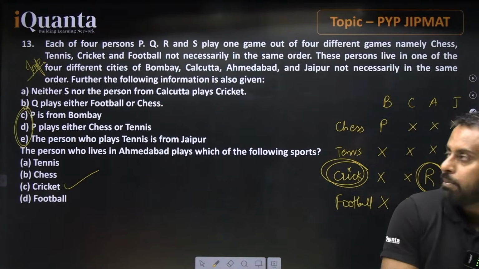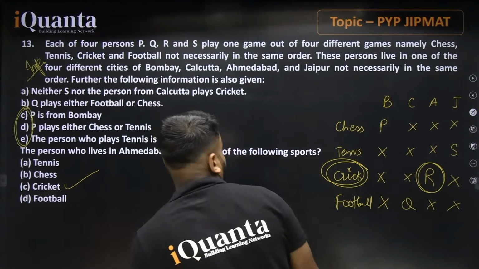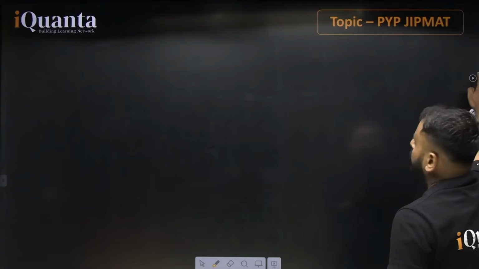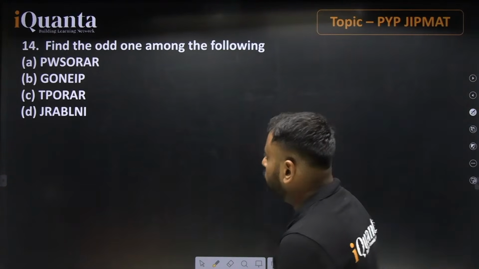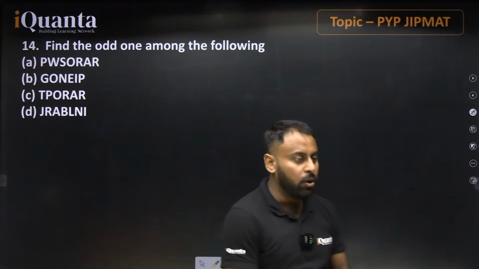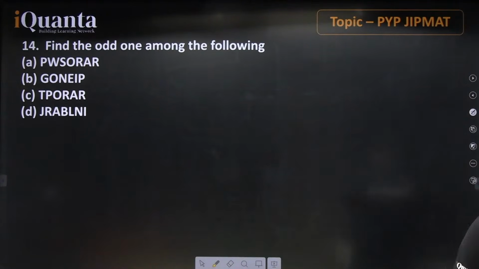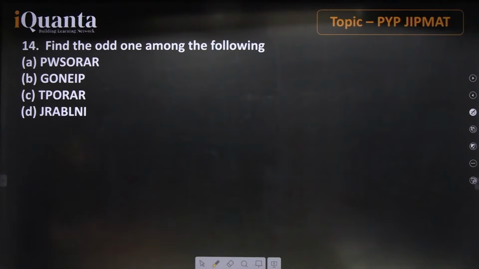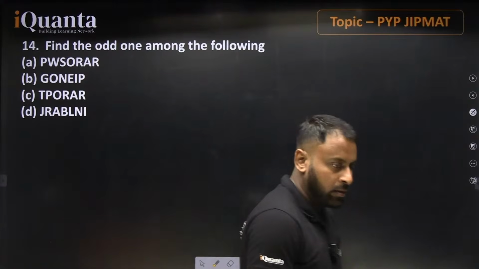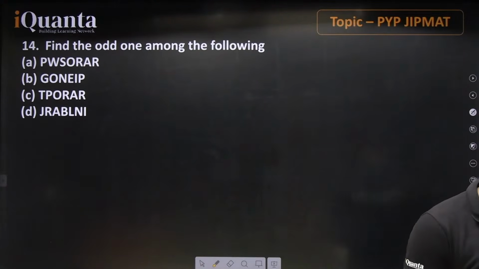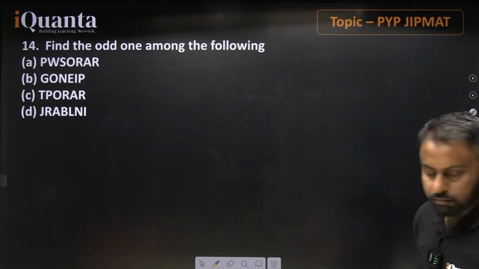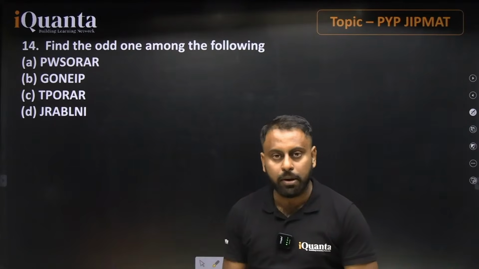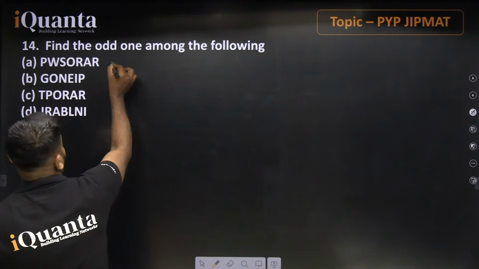Okay, let's go. By doing so, if talking about this particular statement, next we have a question. Find the odd one among the following. Guys, can you find it out, the odd one among these? So this is just jumbled words. So if jumbling this, we can say that this is